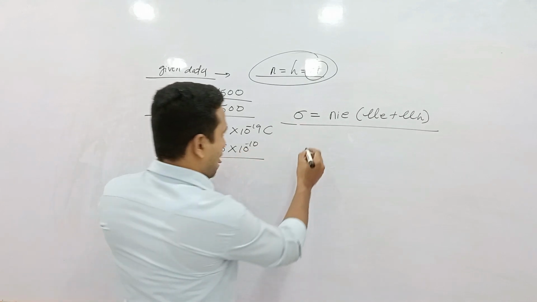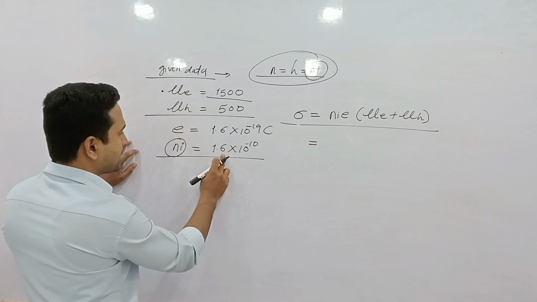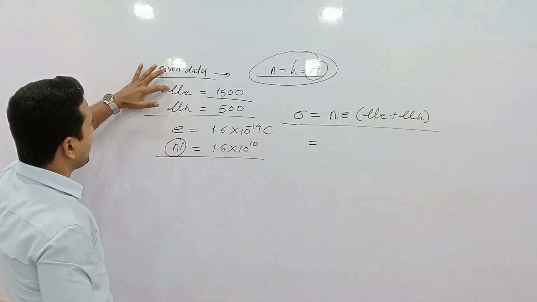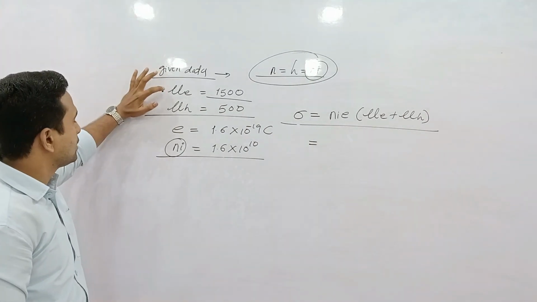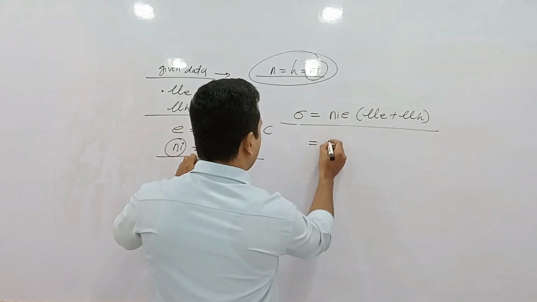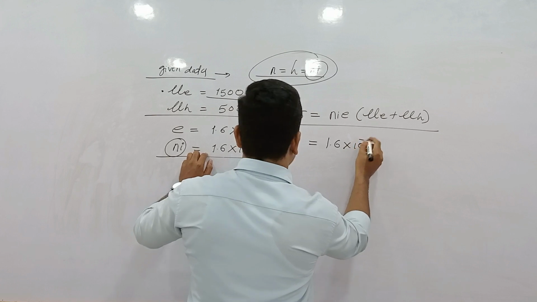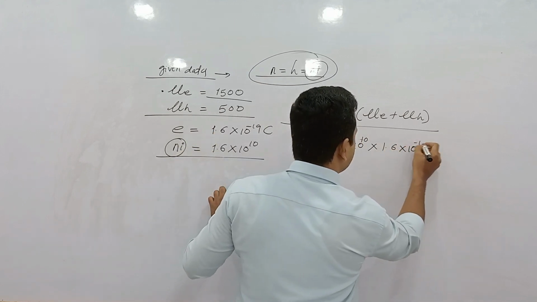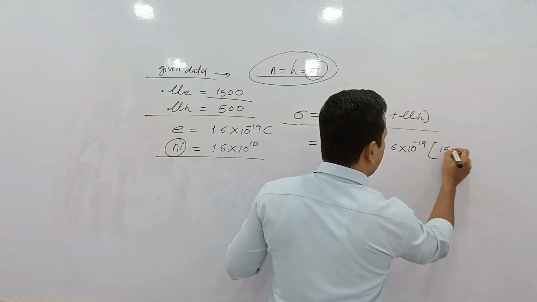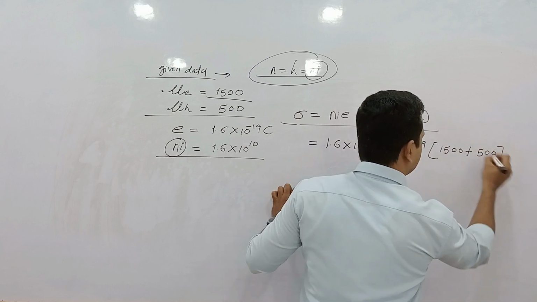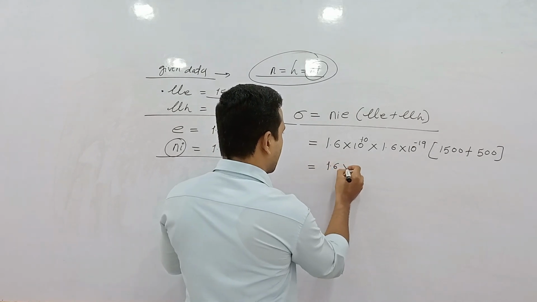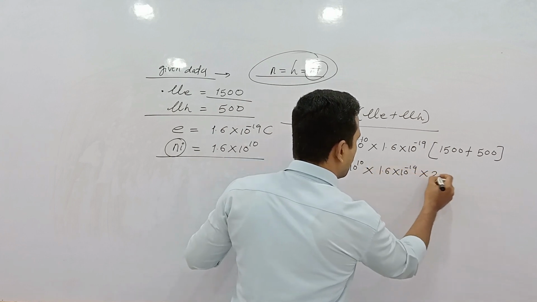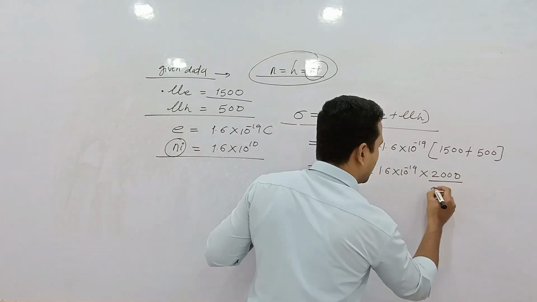Now देखो क्या करेंगे, we have in this case ni हमारे पास है 1.6 into 10 की power 10, e है अपना 1.6 into 10 की power -19 coulomb और मोबिलिटीज ऑफ इलेक्ट्रॉन, मोबिलिटीज ऑफ होल। क्या करेंगे, 1.6 into 10 की power 10 into e है 1.6 into 10 की power -19, ब्रैकेट में mu e है 1500 प्लस ये है 500, ठीक है। तो ये हो जाएगा 1.6 into 10 की power 10 into 1.6 into 10 की power -19 into 2000, ठीक है।